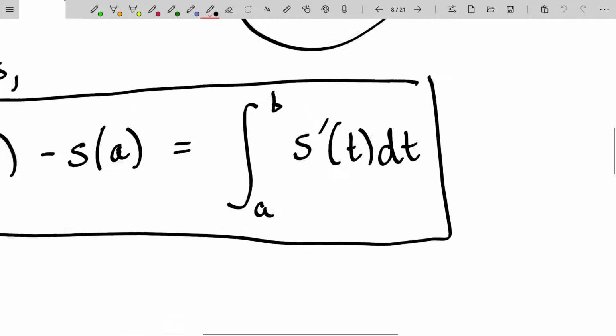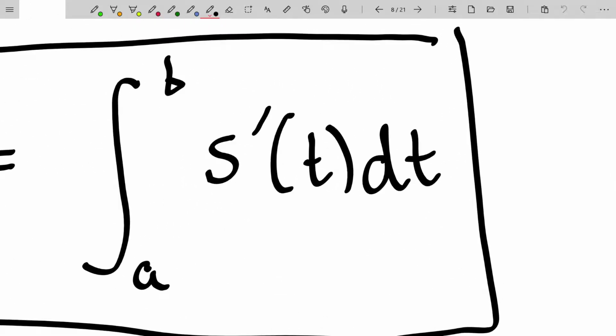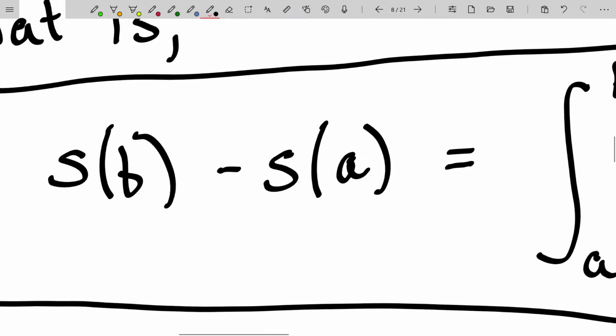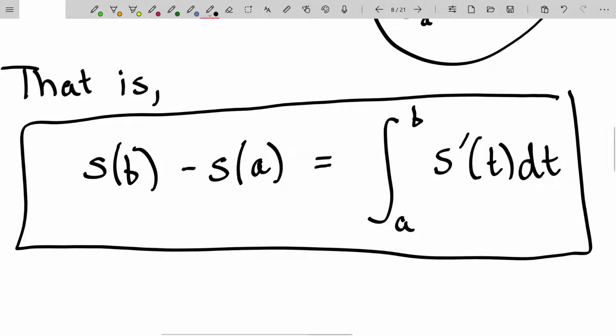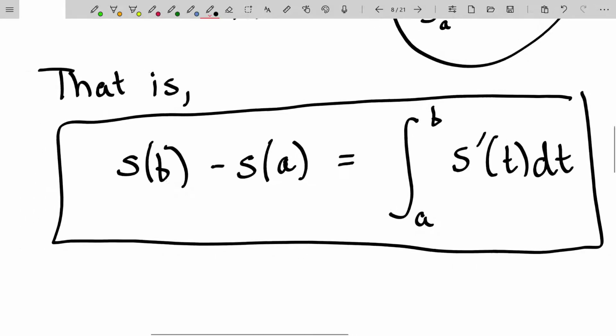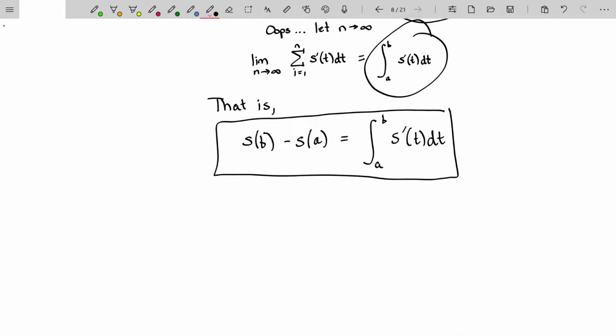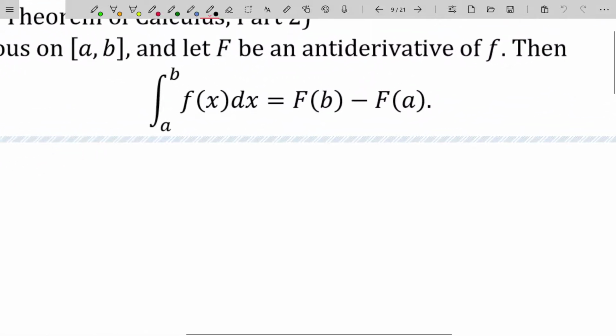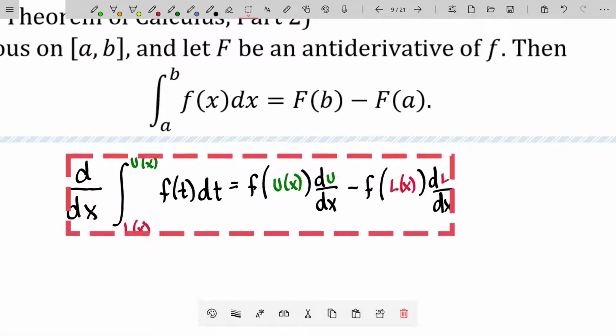I hope you would agree the thing I took the derivative of to arrive at this is S. So the definite integral of S prime from A to B is the antiderivative of S prime, which is S, evaluated at B, minus the antiderivative of S prime, which is S, evaluated at the lower limit A. I also want to draw your attention to the fact that this notation, F of B minus F of A, mimics my notation for the derivative,